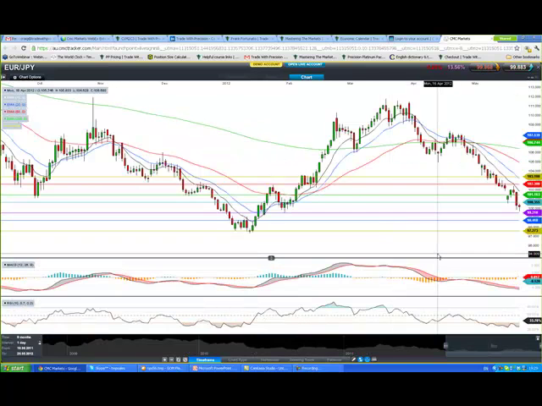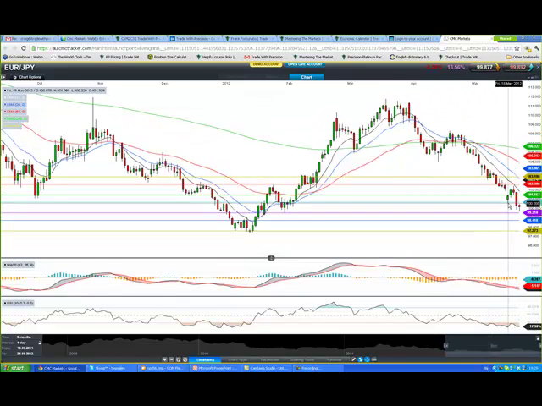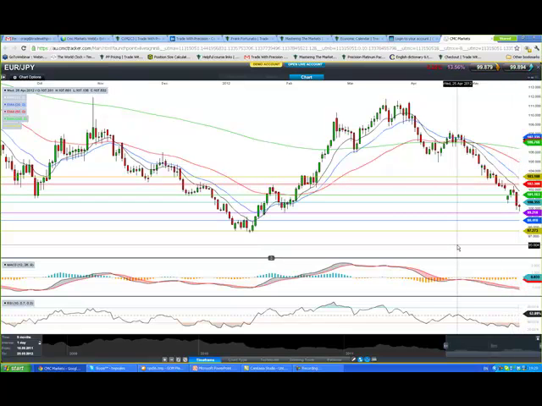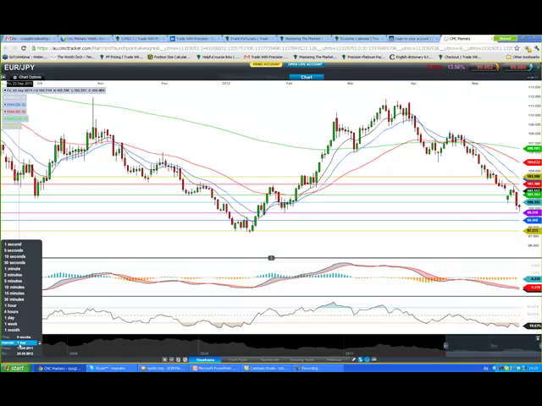If I jump out to the daily, you can see here we're definitely in a downtrend. We're moving really well. Again, look, pull back into that sell zone, red candle, move lower. Looking for something like that on dollar CAD, except for obviously a green candle rather than a red candle. So nothing right now on euro.